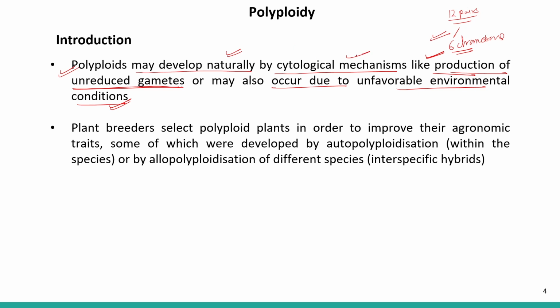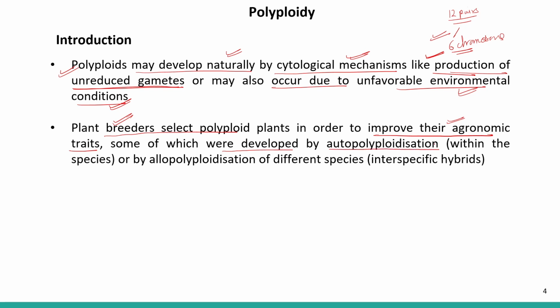These are some of the mechanisms that occur in the cell, like production of unreduced gametes, and sometimes environmental factors do not allow the cell to undergo reduction division. And the gametes have the same chromosome number as the parent cell. So plant breeders select polyploid plants in order to improve their agronomic traits, and some of which were developed by